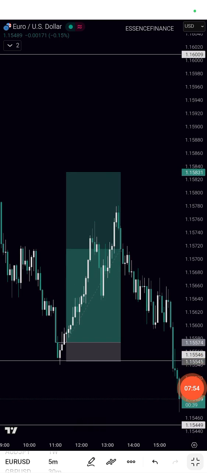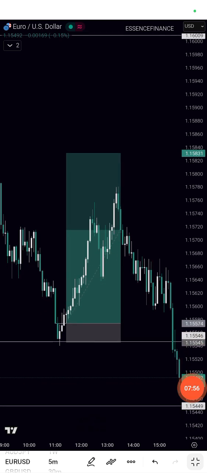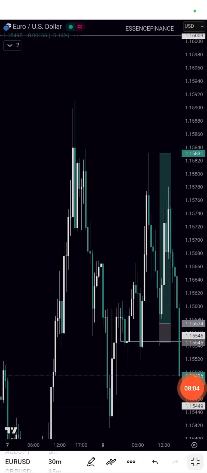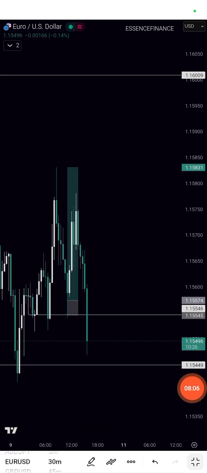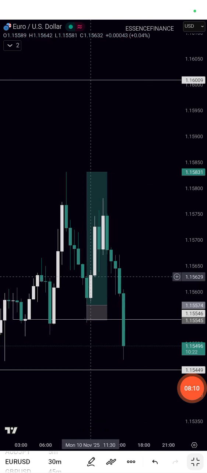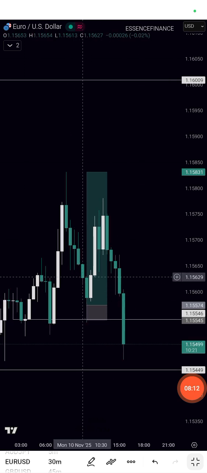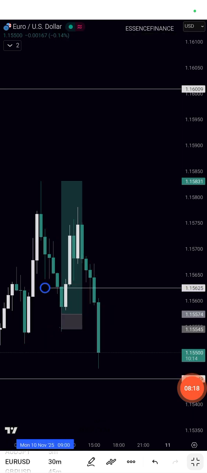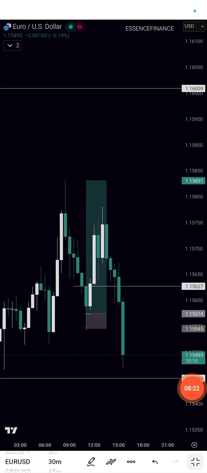But price started buying and buying, and then I came down to the 30 minutes time frame. There's my 30 minutes. I had this bullish open close here that I wanted to buy from also. That's another confirmation entry. And then I would now use normal risk and buy, but price did not tap on